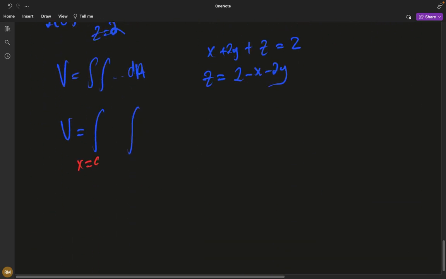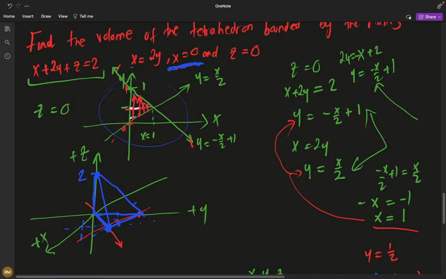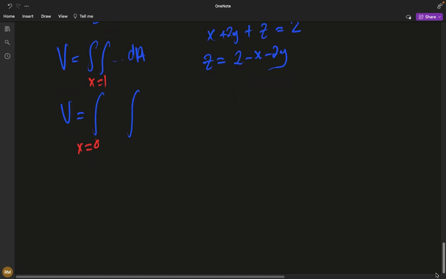Our x is moving from 0 to x equals 1, and then now for our y we're moving from this function to this function. So it's from y equals x over 2 to y equals negative x over 2 plus 1, on 2 minus x minus 2y, which is going to be dy dx, which you can also do